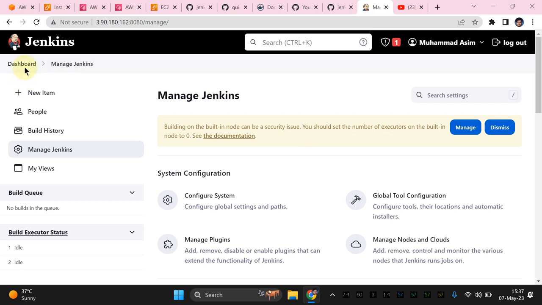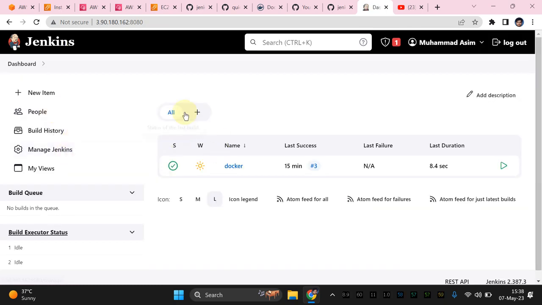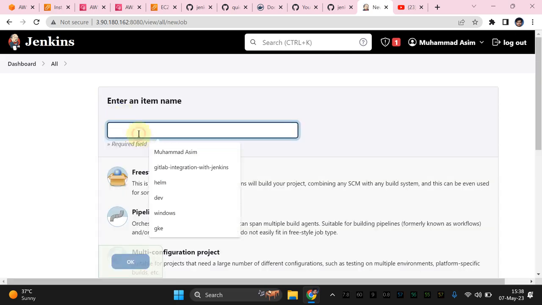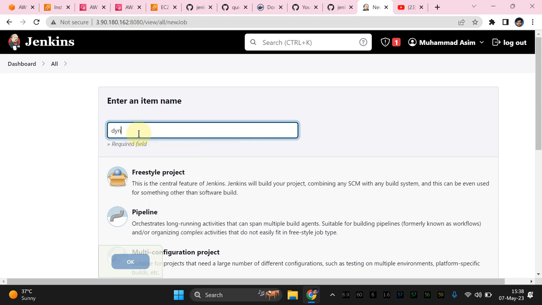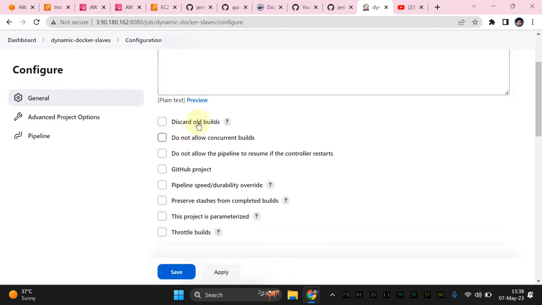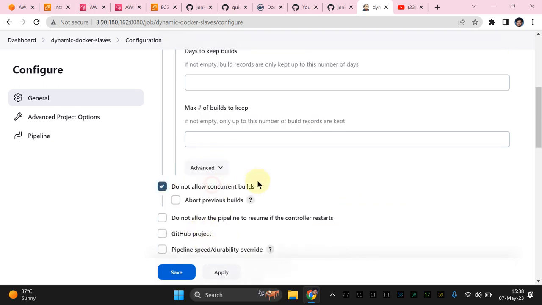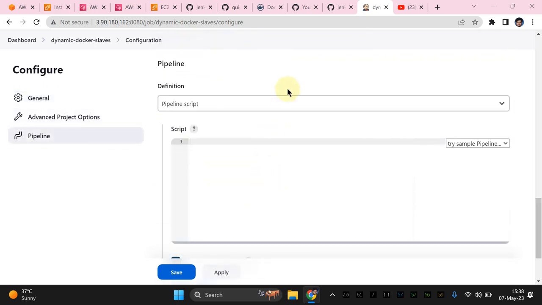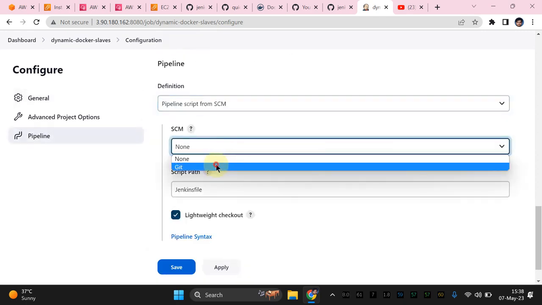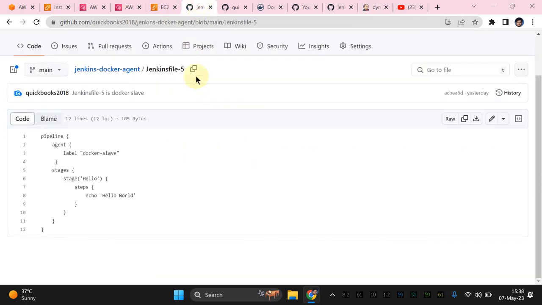So navigate to the section dynamic and create new item. Let's say dynamic Docker slaves, call this guy, right? And click the pipeline, click this guy, and discard old builds, do not concurrent builds, and click this SCM, click Git, and